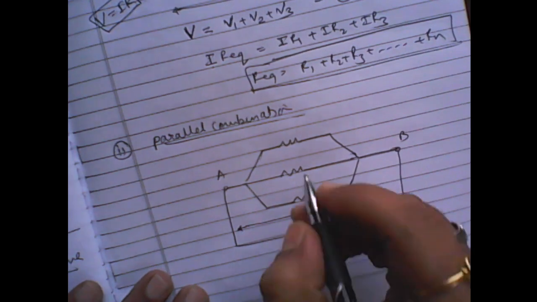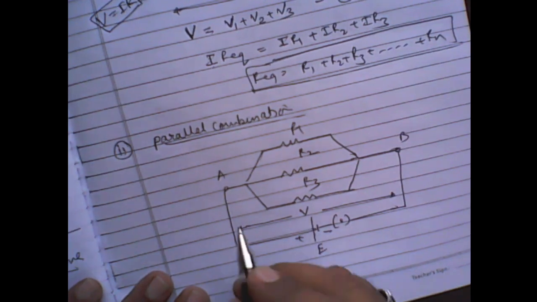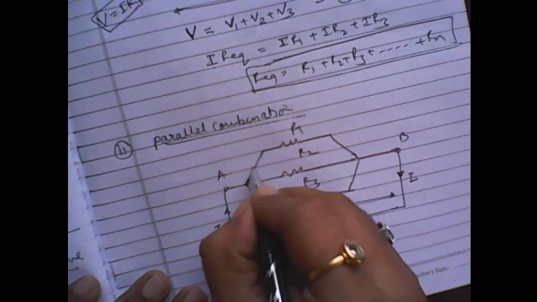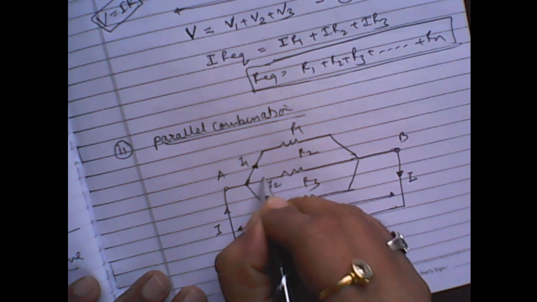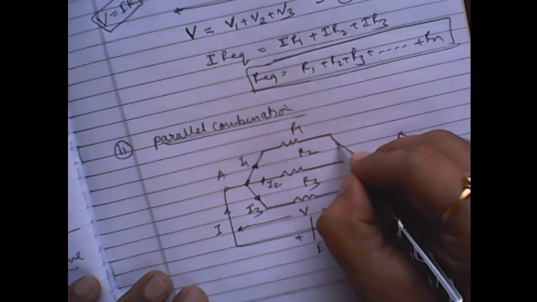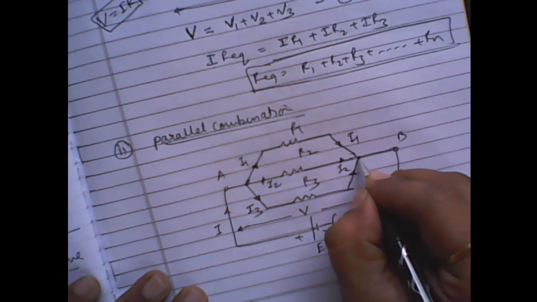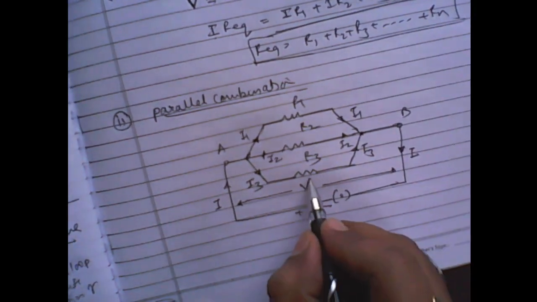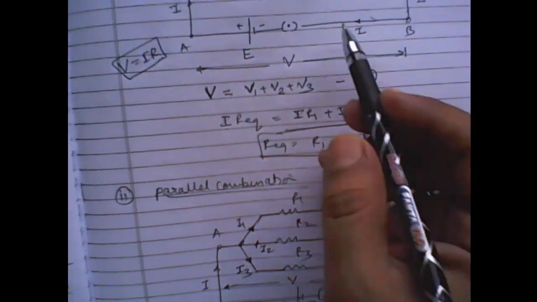So all the resistors R1, R2 and R3 are being provided with the same amount of energy, and the current in the outer circuit is I, but when it enters over here the current is going to get divided, say I1 in R1, I2 in R2 and I3 in R3, and finally again here I1, I2, I3 come together to form I. So in parallel combination you might have understood that V is same for all the resistors but current is different. In series current was same, V was different.